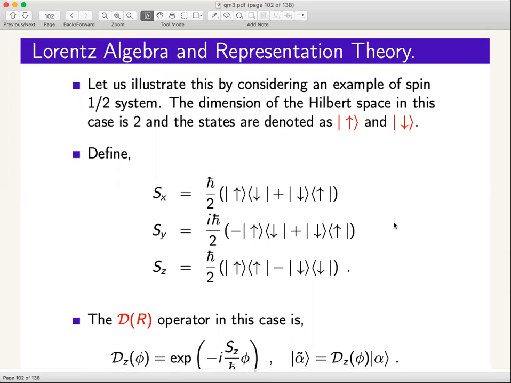So let's get some chronology in order. We have some operator R, which is some sort of a symmetry of space. It's rotating space itself. Yes. And D of R is the operator that acts on the Hilbert space of the state we are considering. Exactly. Now to write D of R, we need some sort of a generator. That is right. Which are our J's in the angular momentum case.